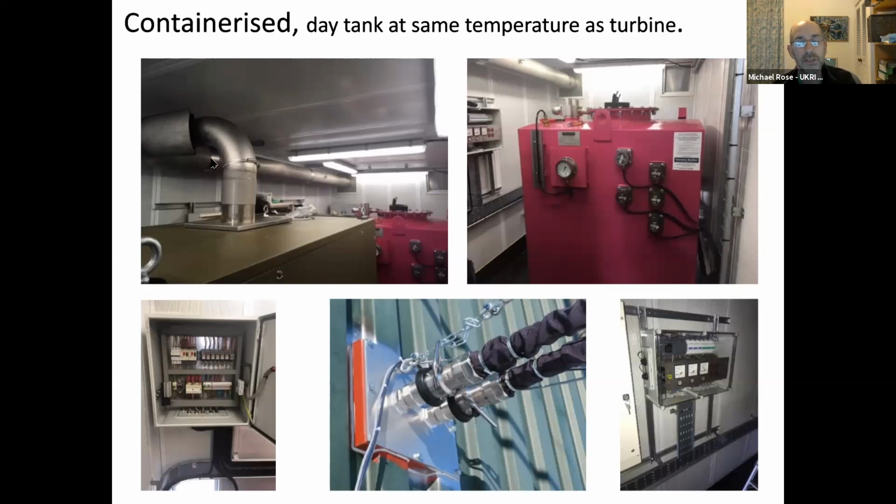We still have this pipe within a pipe heat exchanger, although it's a little bit shorter because we were running a little bit too warm. And we also have some active cooling, which blows air from outside into the container on warm days. And that is quite simple in its construction, but the combination of two possibilities of air getting into the container, either via the heat exchanger or via these fans, makes its behavior actually quite complicated. But we have, so I think if we were starting again, we would probably think a bit more